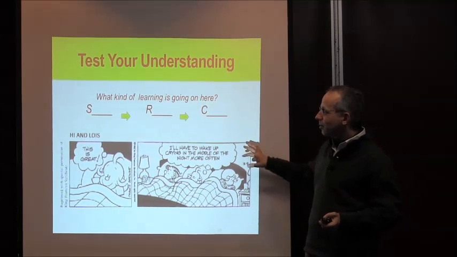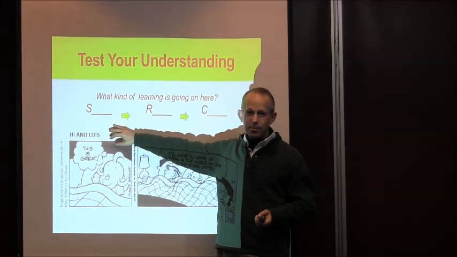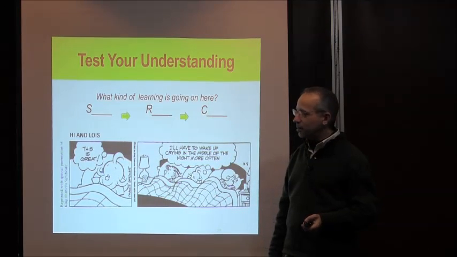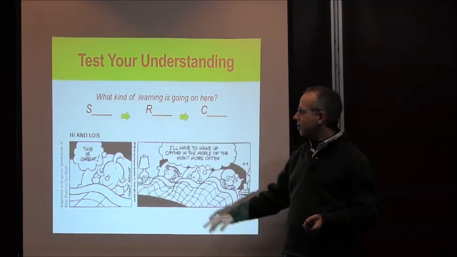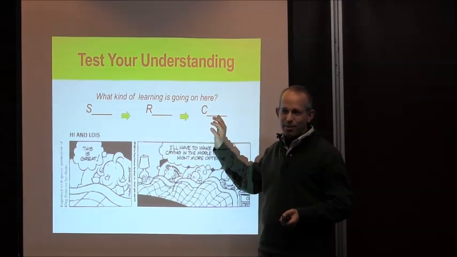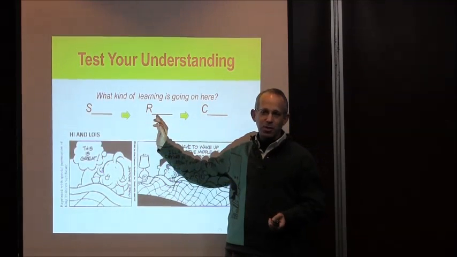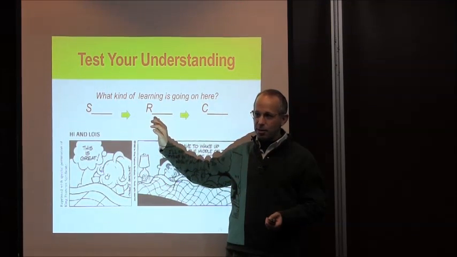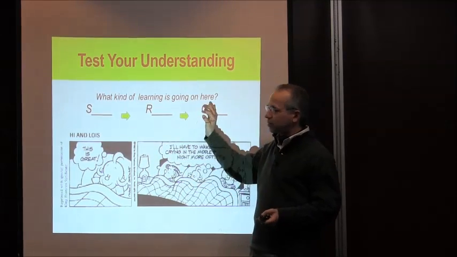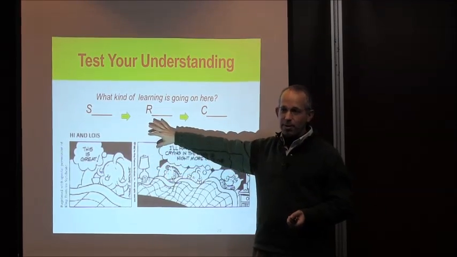So let's start by talking about Lois, okay? So what's her stimulus? Okay. She wakes up and cries, and the consequence is getting warm and cuddly between mom and dad, okay? So she's being positively reinforced for her response, which is crying, okay? So this is positive reinforcement, right? Okay? So it's what kind of learning? So Lois is having positive reinforcement because crying is